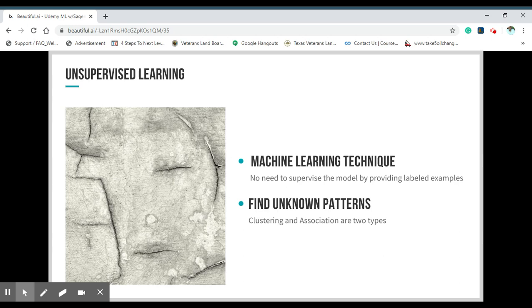Clustering association allows you to really understand how data moves together, and you could partition various clusters, and we showed you how to do that using the elbow method to determine how many clusters you should use for your analysis. Okay, and again, unsupervised learning is essentially saying that you don't have to provide your model with labeled examples.